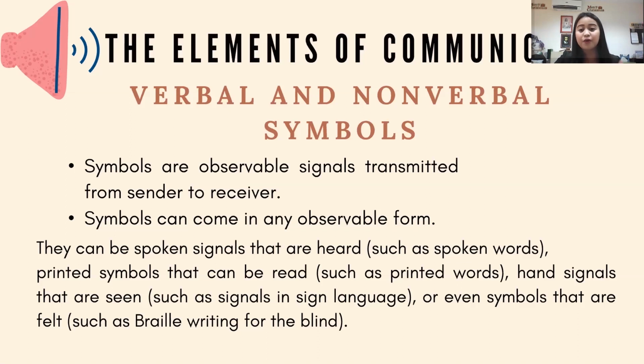So in order for the right message to be transmitted, class, the receiver must be able to do certain things. What are those two things that the receiver needs to remember? First, observe and interpret the symbols sent by the sender correctly, okay? You cannot just assume. So you need to first know and understand well what message or symbol the sender gave, okay?